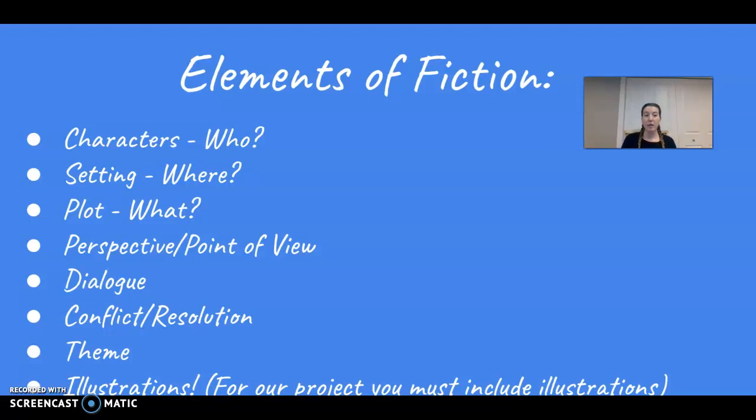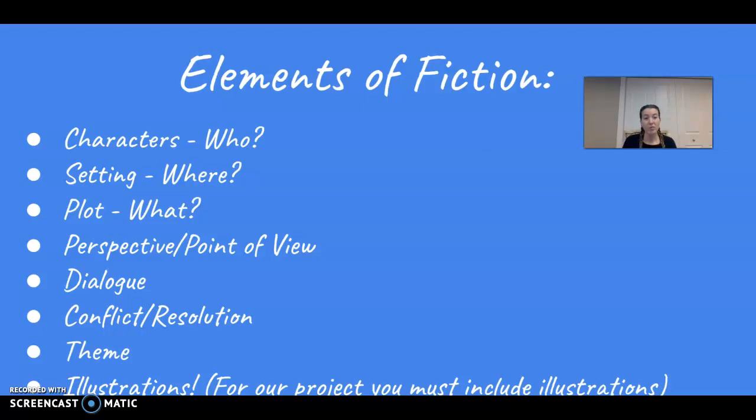You also need to think about perspective, okay? So whose point of view are you telling the story from? So usually you'll pick a main character and you will tell the story from their perspective, meaning you will step into their shoes, pretend that you're them, and you will tell the story from that perspective, okay? And you will explain in detail using descriptive language what's happening around you. You'll be the one telling the story as the narrator, okay?